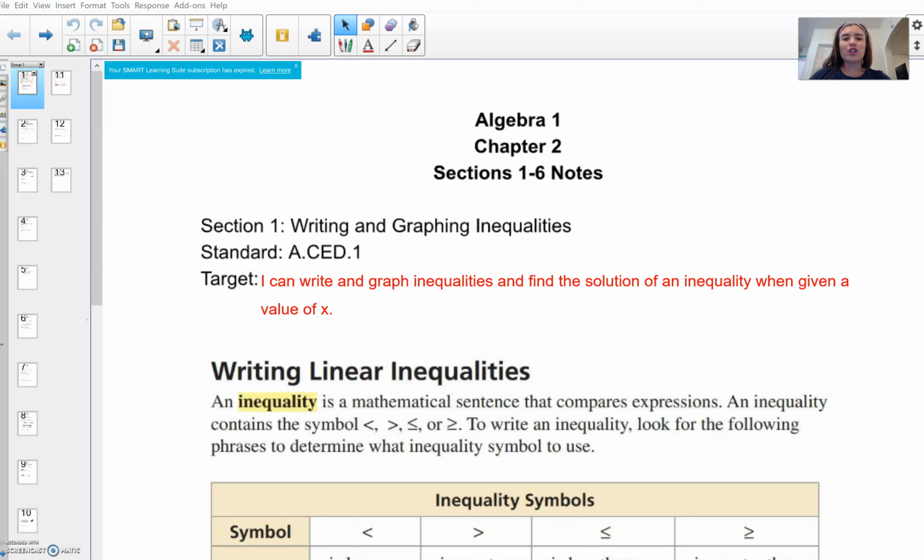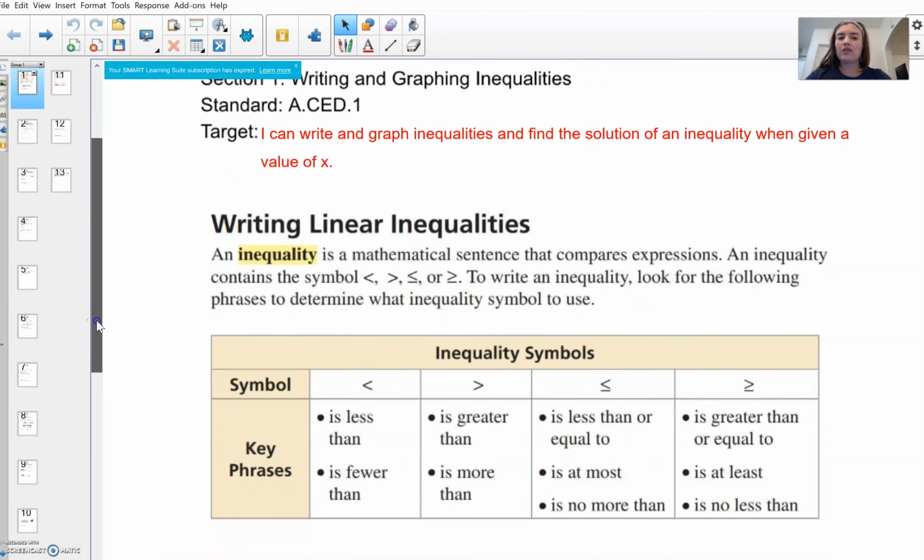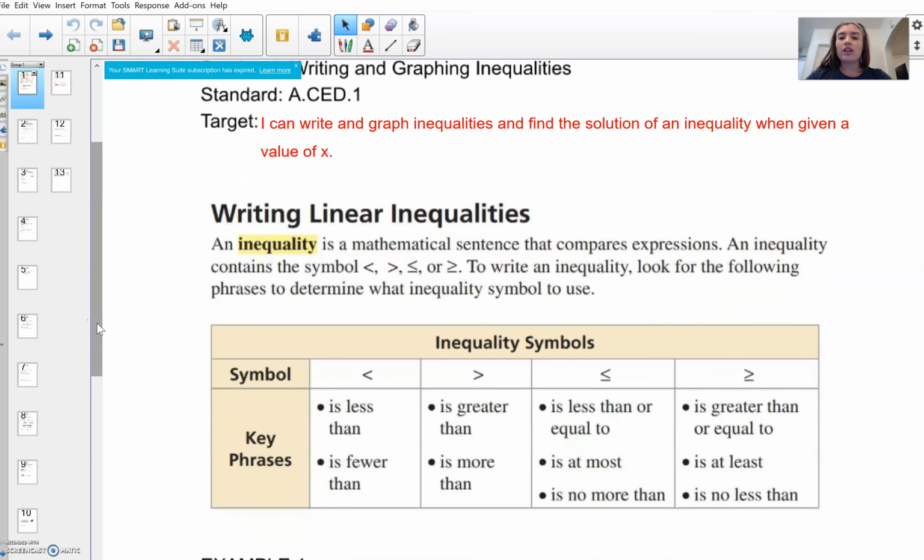Welcome. So this is chapter 2, section 1. This is 2.1. I think it's the first 3 pages of your packet that I gave you. So first page front and back, and then the next page. So our target for today is to write and graph inequalities and find the solution of an inequality when given